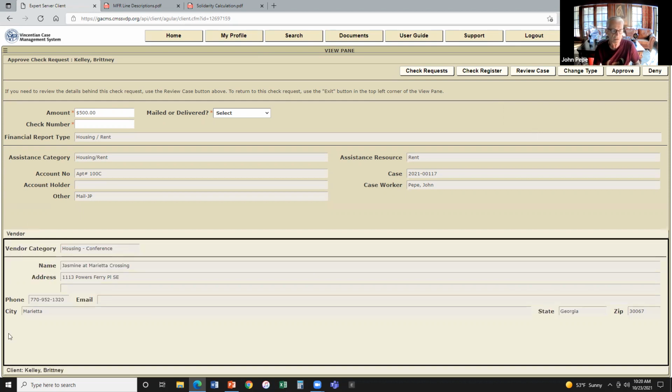They're called accordions. Okay? So now what we're going to do is approve this check, and we're going to walk through the approval process. So this is for rent, and what is required is a check number. Now let's talk about check numbers. Check numbers must be unique, and I mean unique. You could switch banks all you want, but if you're reusing the same check number, it's going to be a problem. So they must be unique,